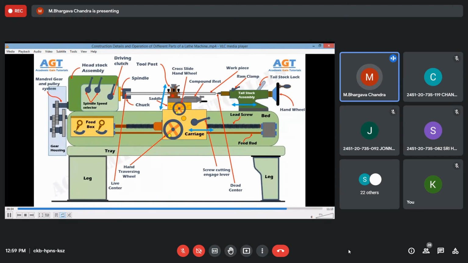There is a holding mechanism for the tool bit called the tool post here. You can comfortably insert the tool bit into the tool post and tighten it, and remove it whenever it gets worn out. A screwing mechanism is also available there, along with a lever holding mechanism.